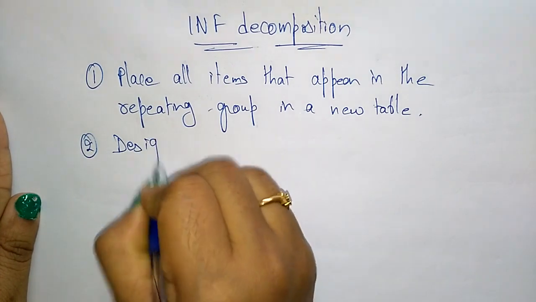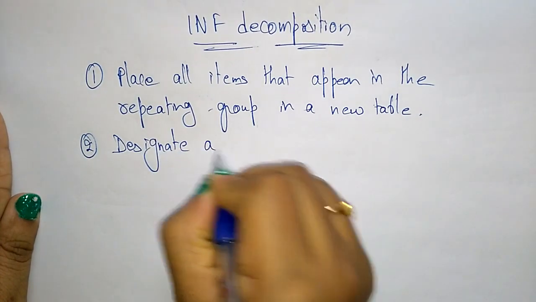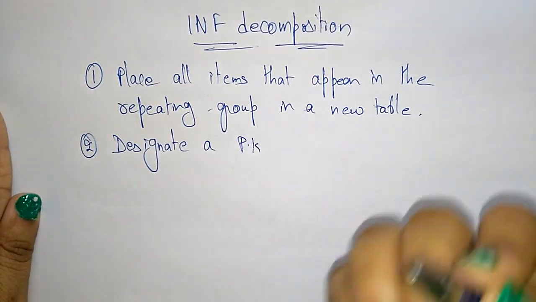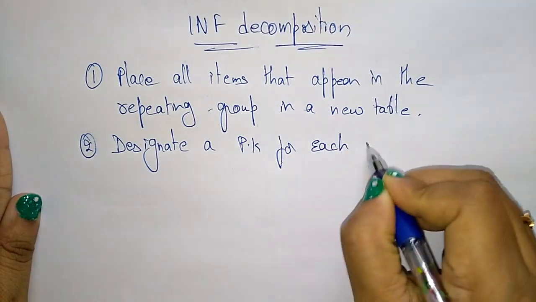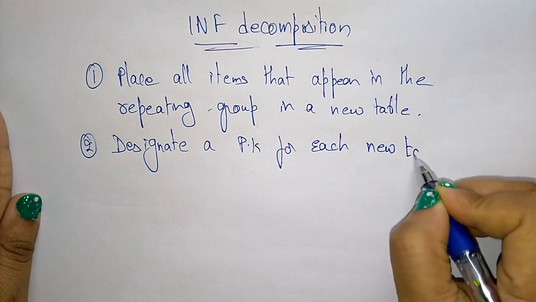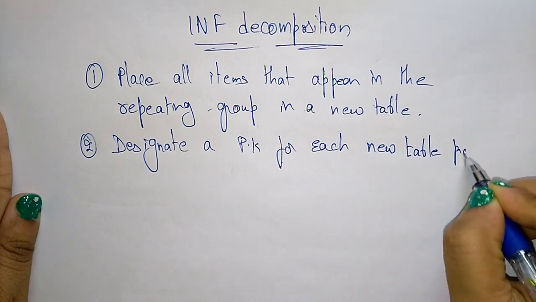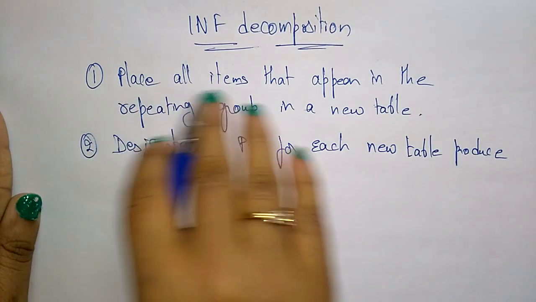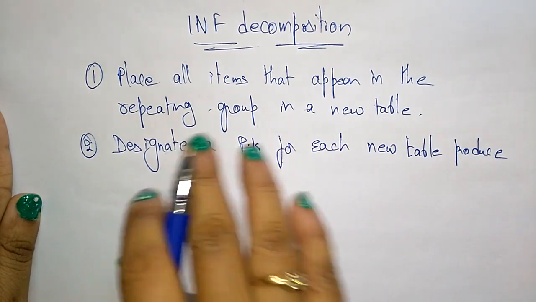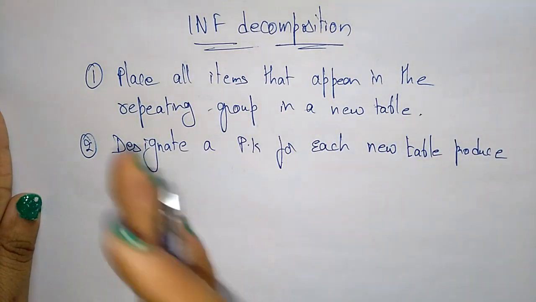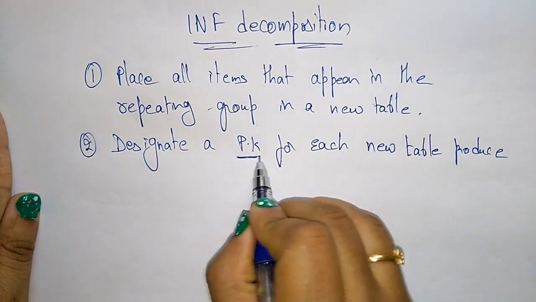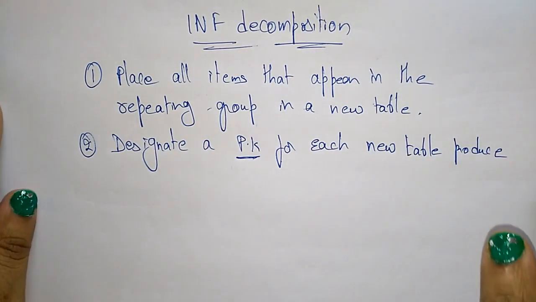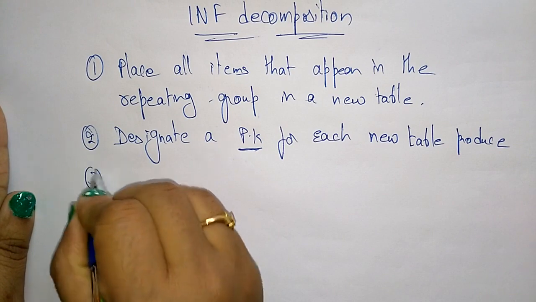Next, designate a primary key, which means you have to identify a primary key for each new table produced. Now you decompose the table, meaning all the similar items that appear in repeating groups, you make it a new table. Suppose you have two tables, in each table you have to make one attribute a primary key. And the third one,